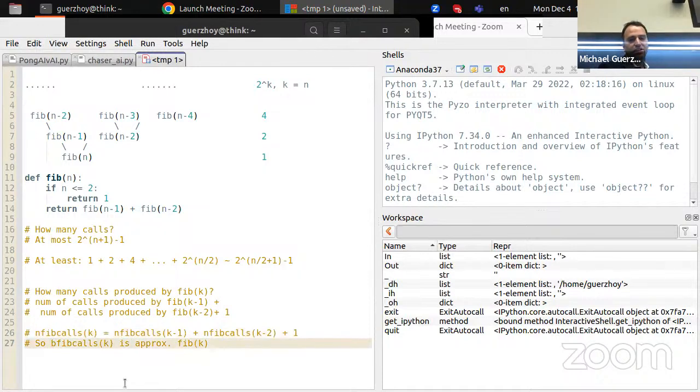This is n fib calls. The definition here is almost the same as the definition for the Fibonacci sequence itself. And in fact, kind of an interesting thing here is that you can get at it another way. So you can use some linear algebra in order to just prove